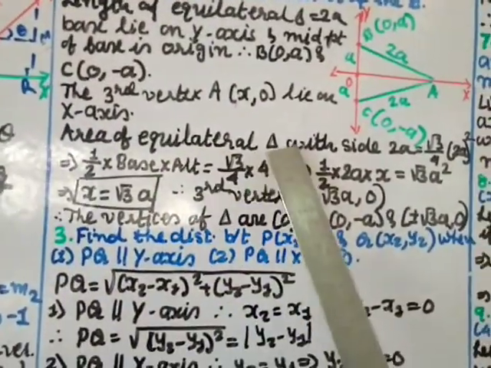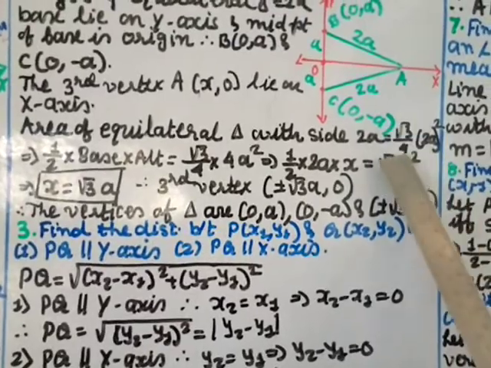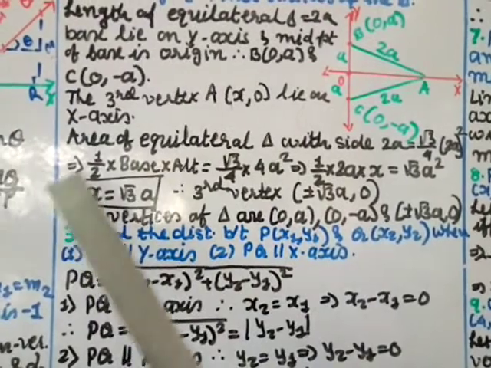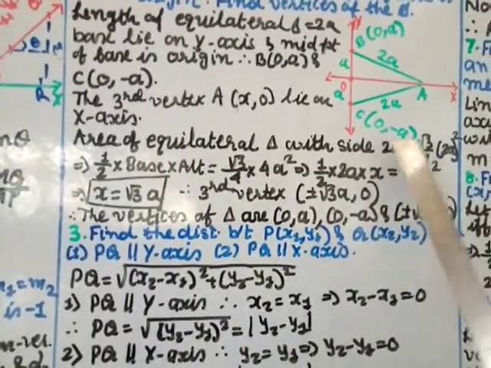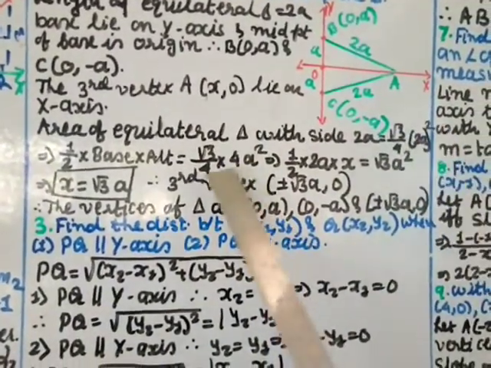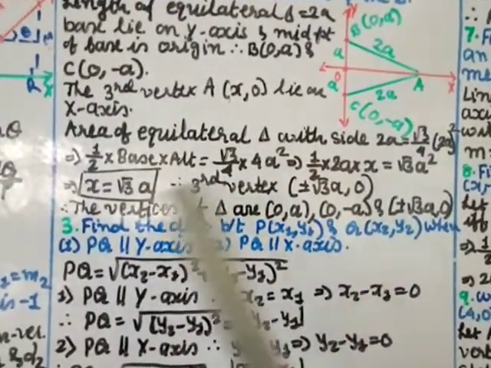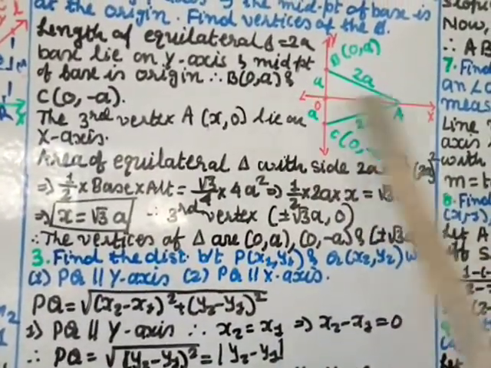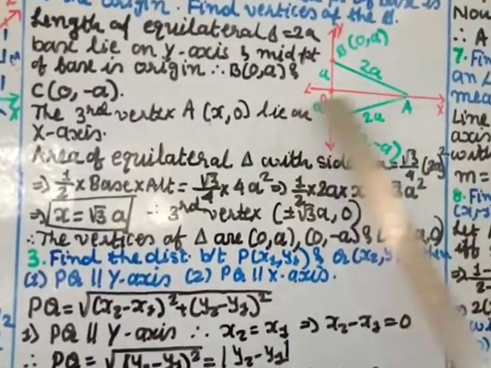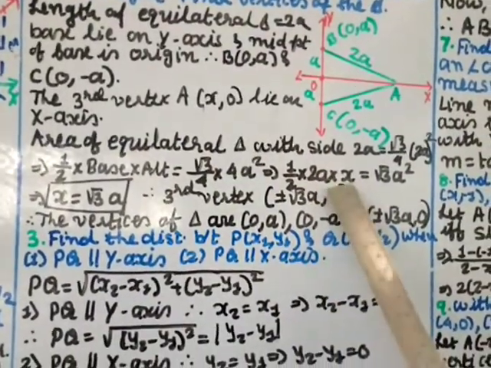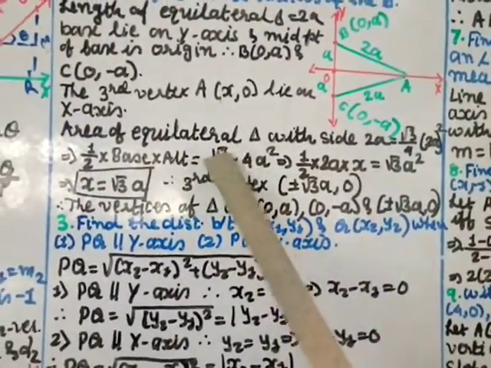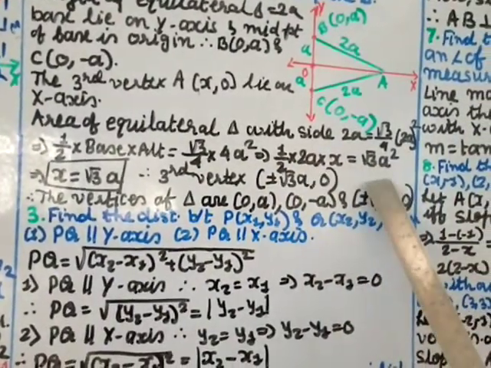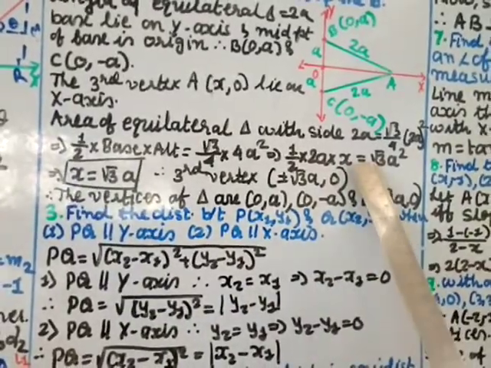Area of an equilateral triangle with sides 2a is equal to root 3 by 4 times (2a) square. Okay, this formula we know. Now area of the triangle we also know is 1 by 2 base into altitude, and this is root 3 by 4 into (2a) whole square, which is 4a square. Okay, so 1 by 2 base is this much, 2a, into altitude is this much. Okay, this is the perpendicular, so this is the altitude. So if you find the altitude OA distance, it will come x, so x equal to this 4 cut, so here we get root 3 a square. This 2 cut, and this a if you transfer here, 1 a will cut, so you get here x value equal to root 3 times a.